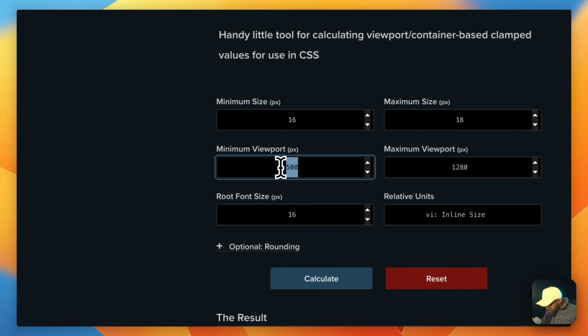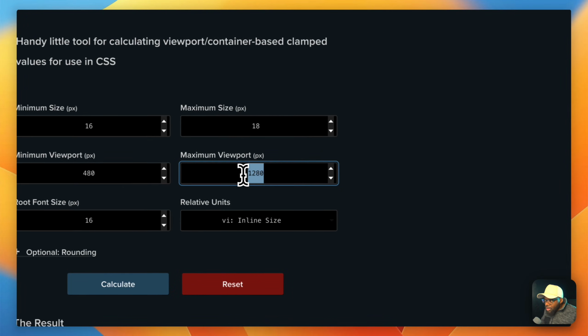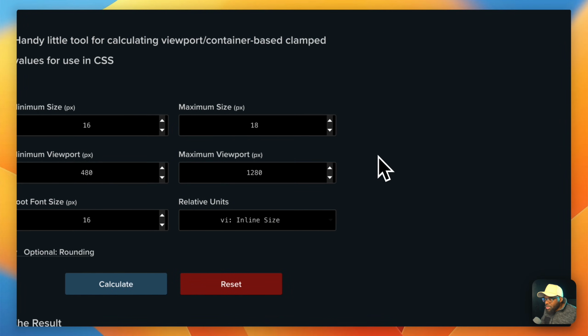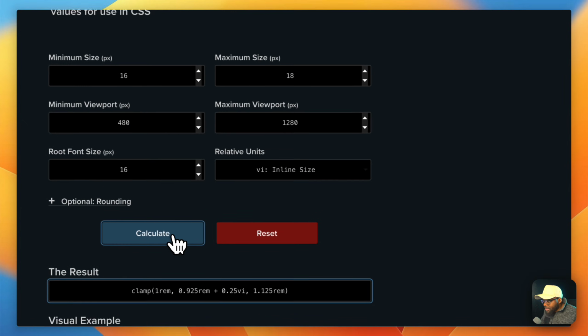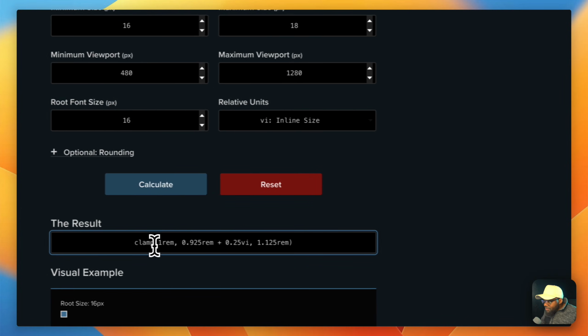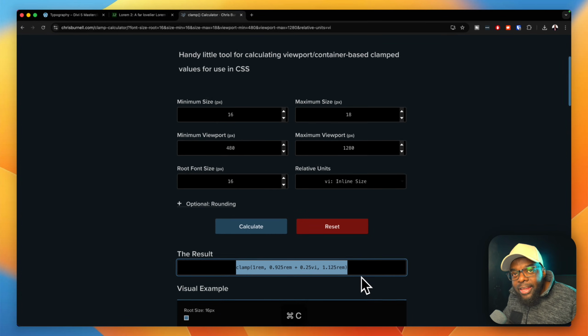500 is fine, but sometimes I use 480. Maximum 1280 is fine because that follows our grids. Okay. And then the root size here is 16. And then what you do is calculate. Boom. So now this value that you can see here is the value that you need to declare as your